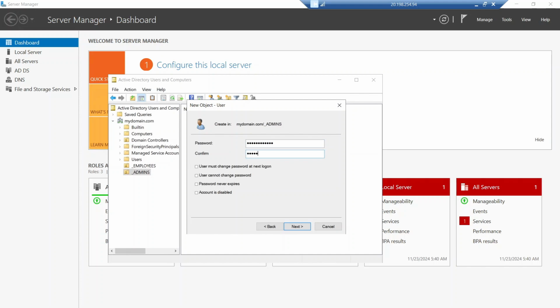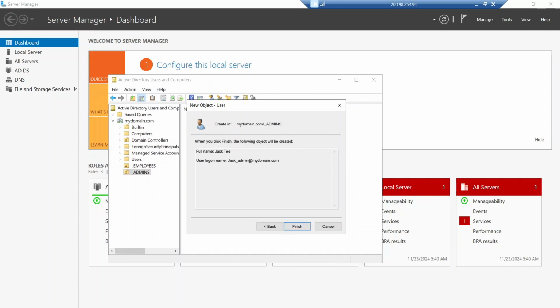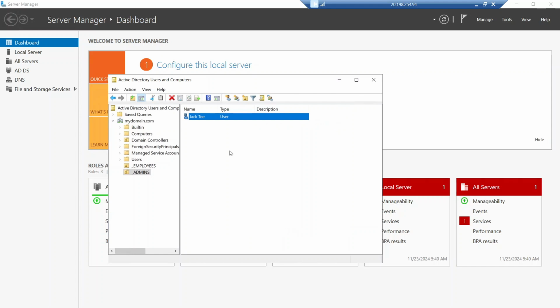And let's put another, confirm it, and we'll take next. So when you finish, the following object will be created, the full name. Good. Nice. So under the admins organizational unit, we have just created a user called JackT, and